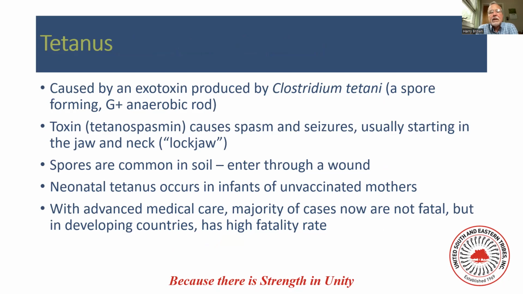So tetanus is caused by Clostridium tetani. It's a spore-forming gram-positive anaerobic rod. The toxin that it produces causes this spasm, usually starting in the jaw and neck, which is where it gets the name lockjaw. It progresses to generalized seizures. The spores are all over the place in the soil and will usually enter through a break in the skin. If you're not vaccinated for it and you get tetanus,